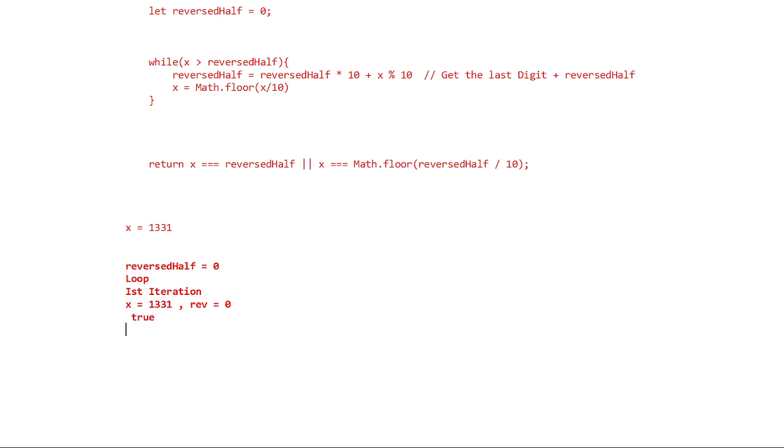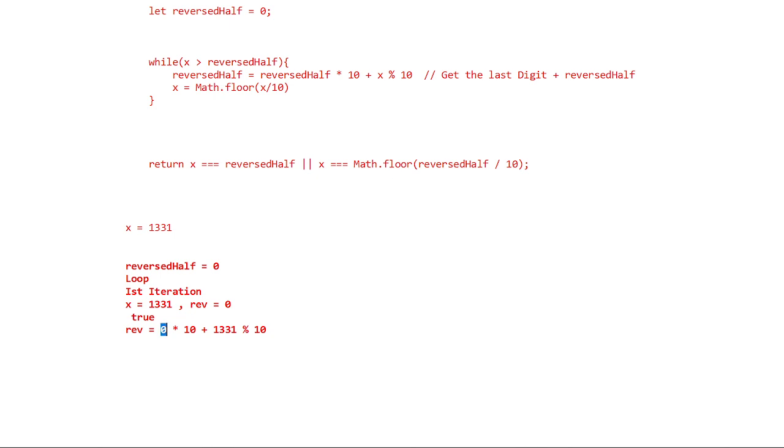So what do we want to do? We want rev, or reversed half, to be reversed half into 10, so 0 into 10, plus x modulo 10, so 1331 modulo 10. What is it going to give?